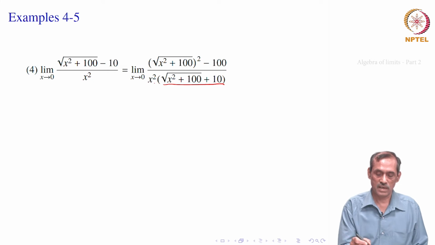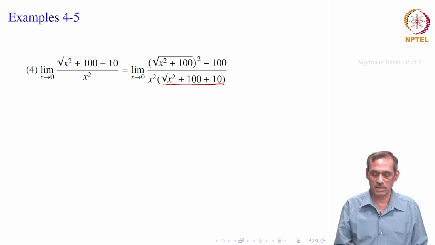So, that denominator was 0 earlier, now it will not be 0. That is our purpose, to bring it to some form where the denominator may not be 0. Let us see how to proceed. This is some guesswork we try, because we want to take away the square root also.